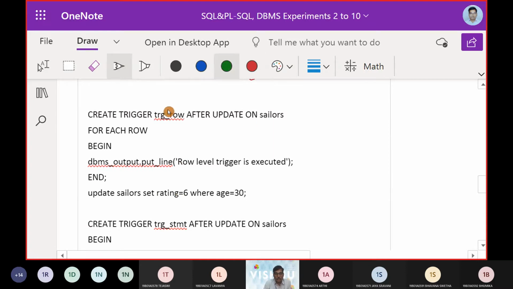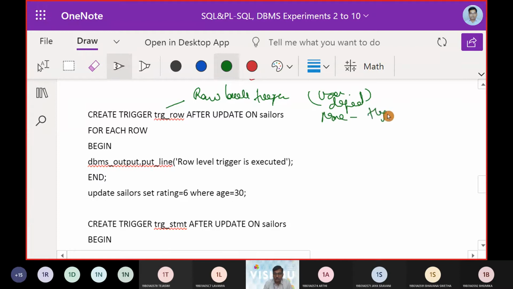So how are we going to roll out this content? We are going to say trig underscore row, because we call it a row level trigger. That too, it is a user defined name. Now it can be after or it can be before.